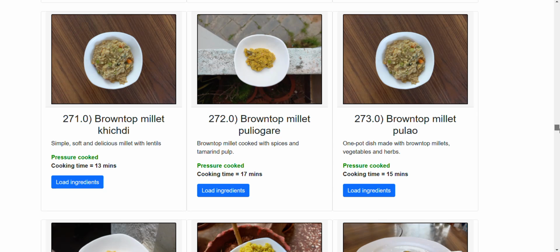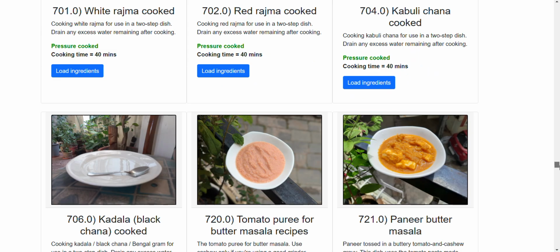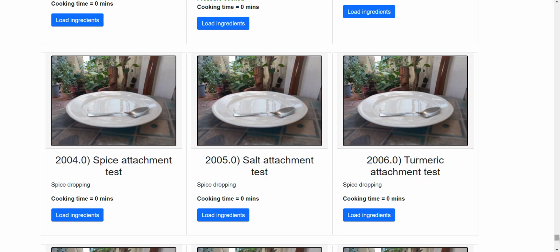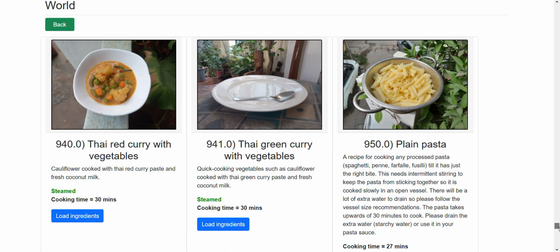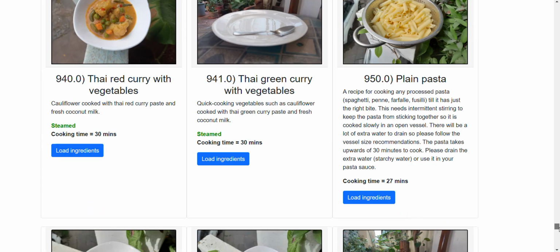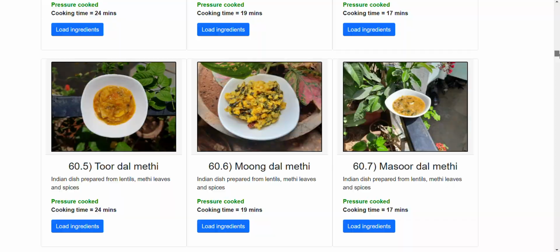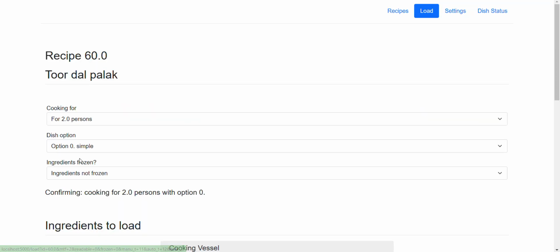You have millet dishes. We have regional dishes. We have purees and gravy dishes. We have non-vegetarian dishes, and you also have international dishes like pasta. So if I want to customize any of these dishes, I could pretty much just view any of the